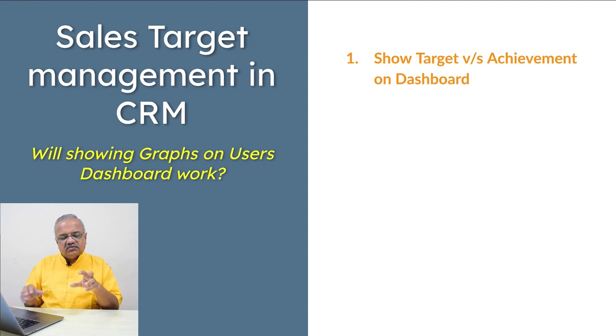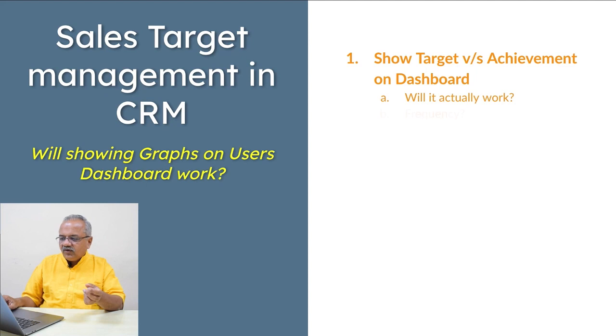Some people have said this to me. One client has asked me to do this thing, that when their user starts the CRM, then he should first come across a screen where the target and its achievement in relation to it should be displayed, right? Think on this silently. Will this really make a difference? Psychology indicates something else. This will not make any difference.